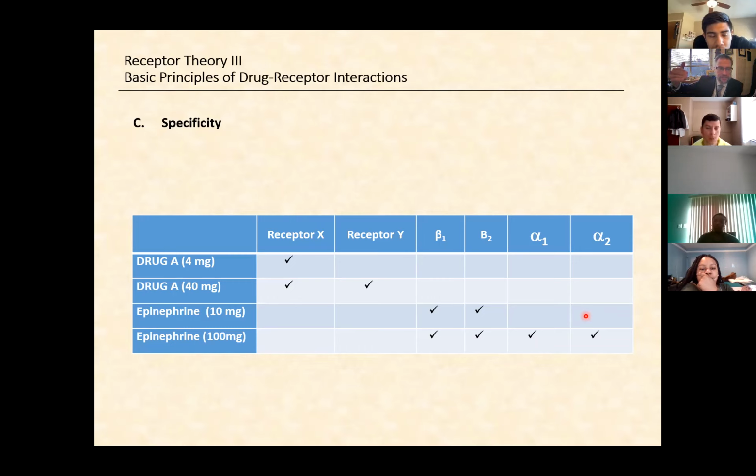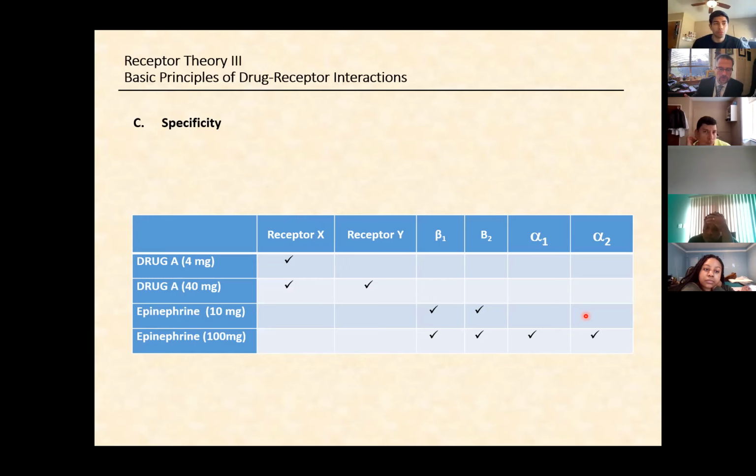Okay? So what we can see here is that the types of receptors that epinephrine interacts with changes as we change the dose, right? At a very low dose, it interacts with only a couple of receptors. At a higher dose, it interacts with lots of different receptors, okay? And so we can use our terms selectivity and specificity to describe the interactions that epinephrine has with these